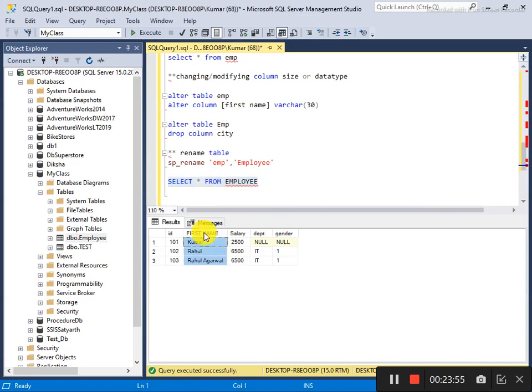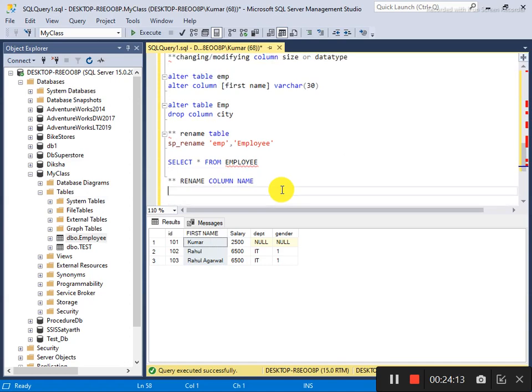And now if you want to change any column name, the same way, you have to follow the table name with the dot. Renaming a column means that the column will remain, it will exist, only the name would be renamed.